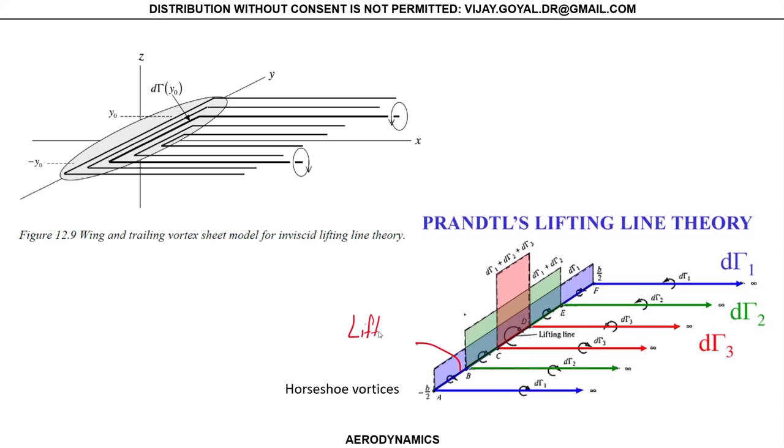So what we are saying is that your entire airfoil can be modeled as that line, and that line is located at your aerodynamic center. Okay, so all these values are actually going across this. They come here, they go there, they come here, they go there. Each one of them is going to have a different value. And this horseshoe is basically saying, if I have a value here, the amount of lift happening here